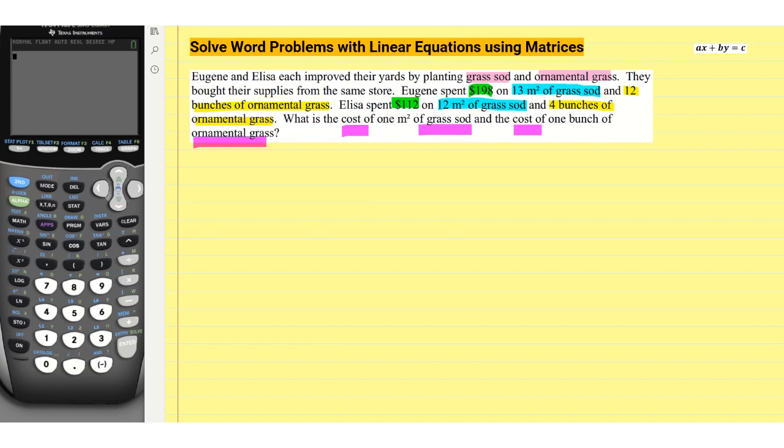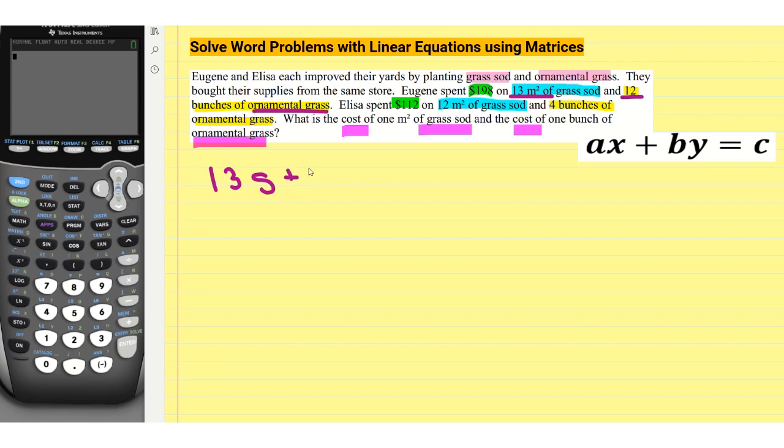So they've given us information that is going to be set up in this format. This is something that with practice you begin to recognize. It is a linear function and it is going to be in the standard format. So we're going to think about how our information fits into that format. We have 13 units of grass sod, so we're just going to call it S, the sod, plus 12 units of the ornamental grass, and the total for those two things was equal to a total of